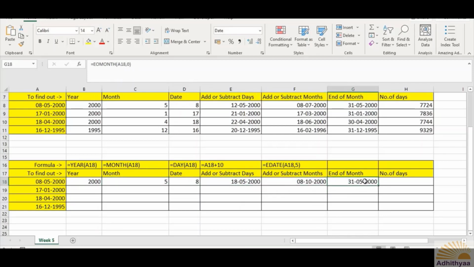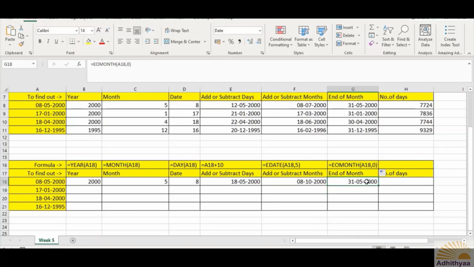I will again drag and drop it here so that you will be able to see the formula: equals to EOMONTH, open bracket, A18, comma, 0. 0 is for the present month. Even in this case, 0 is for the present month.